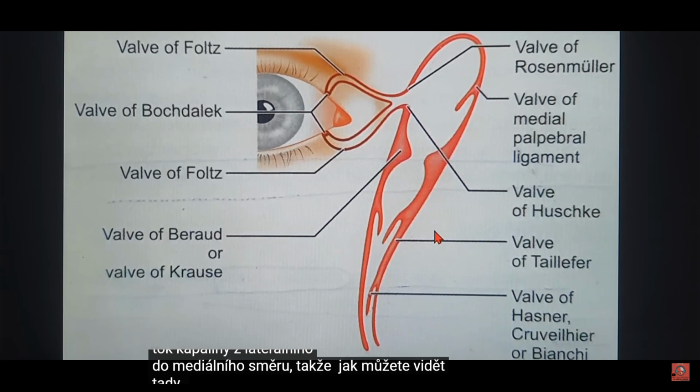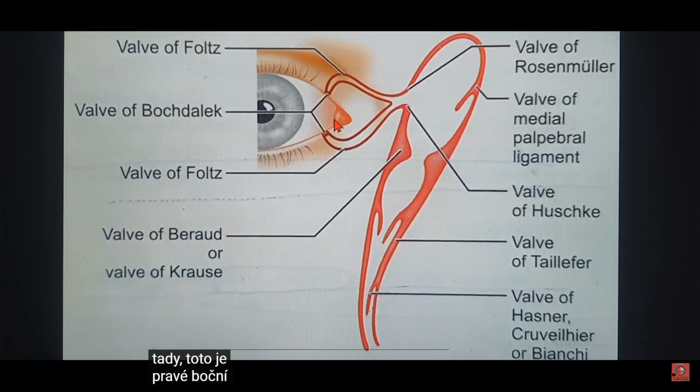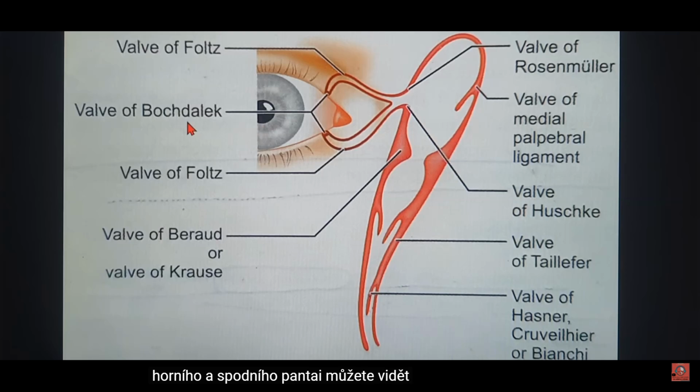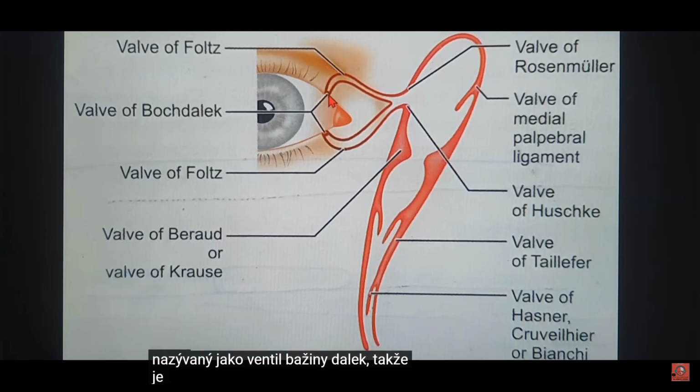As you can see over here, this is the right side eye. That's the upper canaliculus, and the lower one. At the very beginning, at the level of the upper and the lower puncti, you can see a valve called the valve of Foltz. That is a valve which controls the entry of